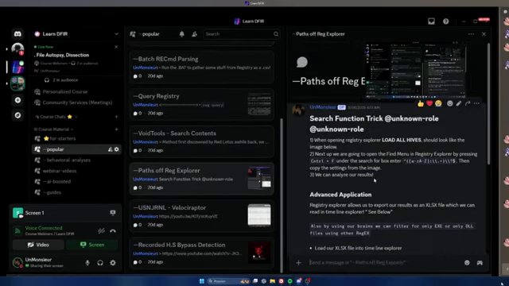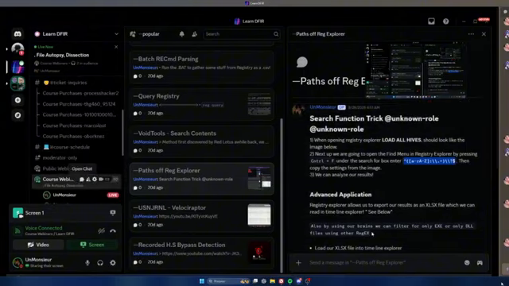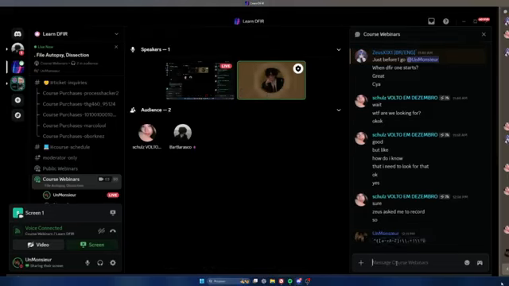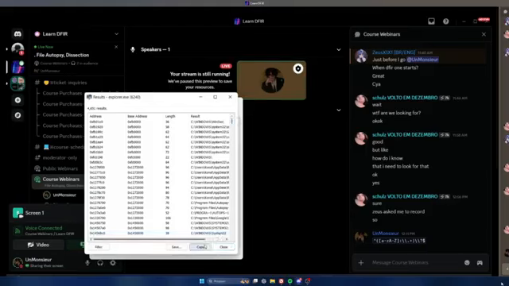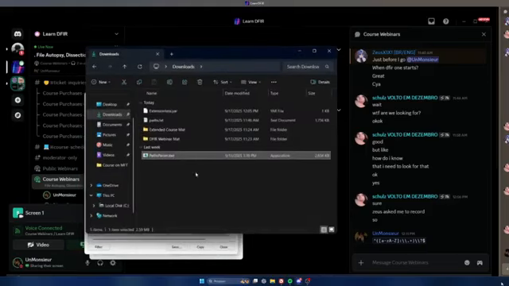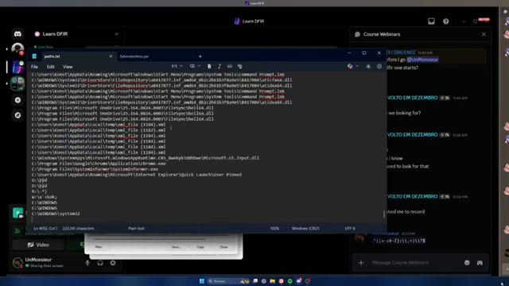Paths of radius where it also works because it uses the same regex. So you can use these regex. I'm gonna repost it here so that you guys see it too. Use that. Copy the paths. So copy result. Paste them in paths.txt. Right, now everything is over here. And